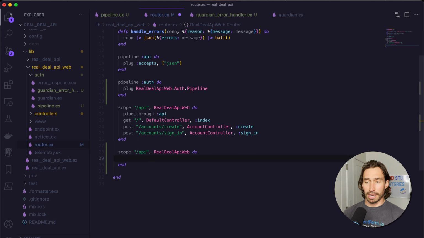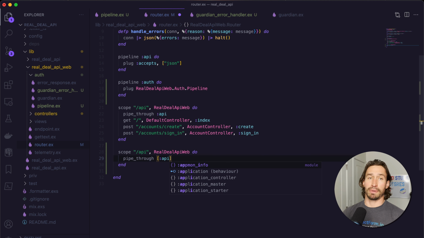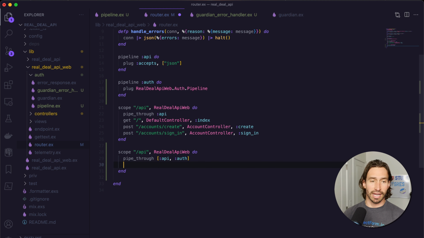So now when we do the pipe through, we still want to include our API pipeline because we are accepting JSON requests, but we can also make it a list to include the new auth pipeline that we just made. So what we'll do here is say pipe underscore through, and then space, and then you want to do open square brackets. We want it to go through our API pipeline, comma, we also want it to go through our auth pipeline, and then close off those square brackets. And now any endpoints we place within this scope will be protected endpoints that require a signed JSON web token